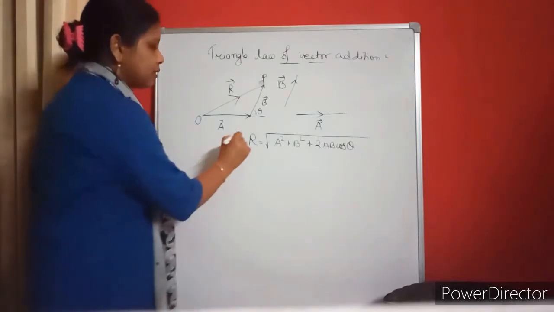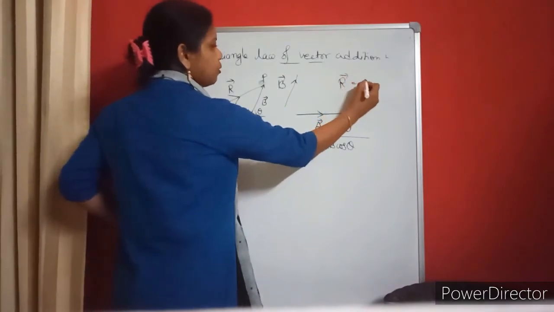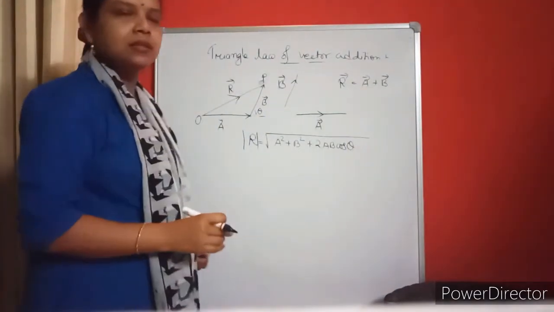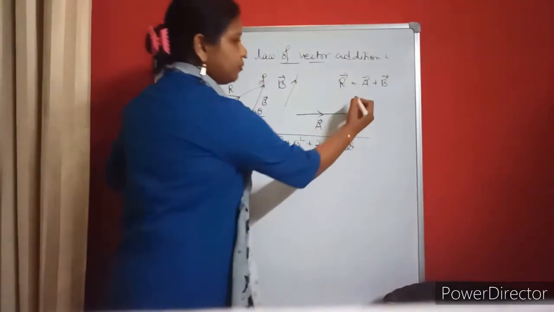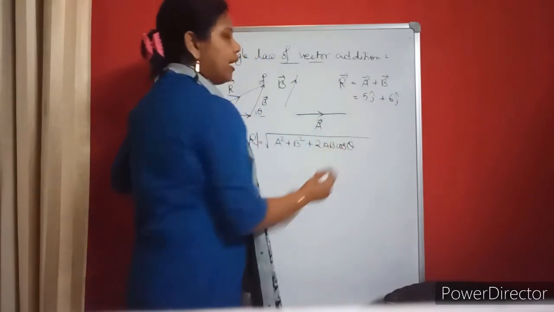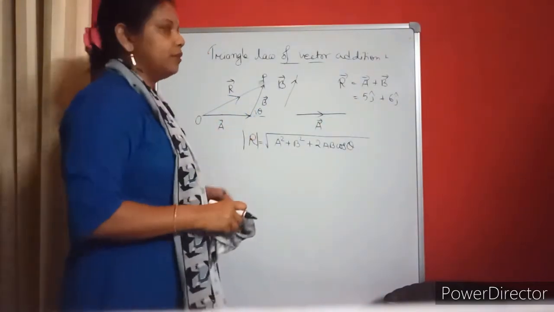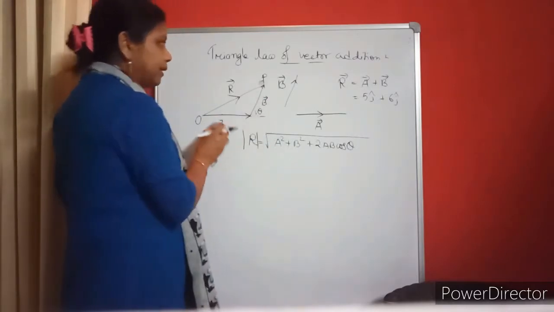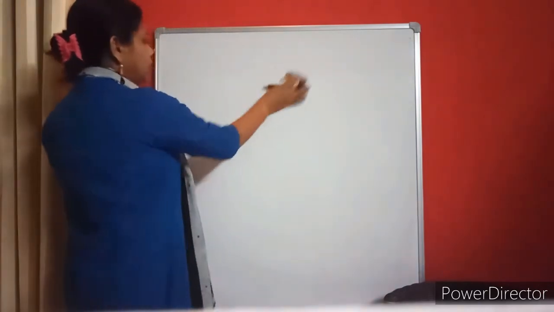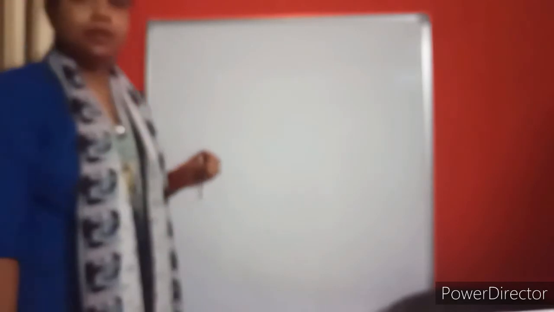So this is the result, and this is the magnitude. According to vectors, R equals vector A plus vector B. But if I write this, I cannot add it the normal way. Suppose this is 5 i cap and this is 6 j cap. I cannot just say that 5 i cap plus 6 j cap is the resultant. We have to follow a different method to find this relation. Okay, this is the triangle law of vector addition. I am not going to teach it in detail; we will basically be using the parallelogram law of vector addition.